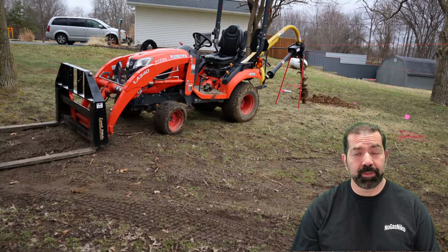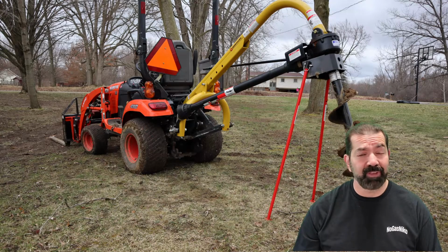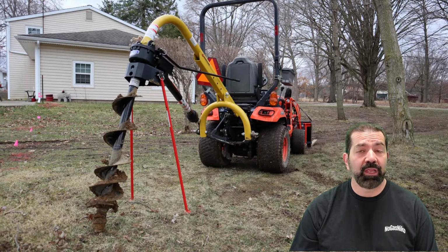So I ran one post hole, one that's going to be used for my fence. I will be putting a fence up. It's about 500 foot of fence, multiple gates. So I'm going to be doing a video on how to properly install a chain link